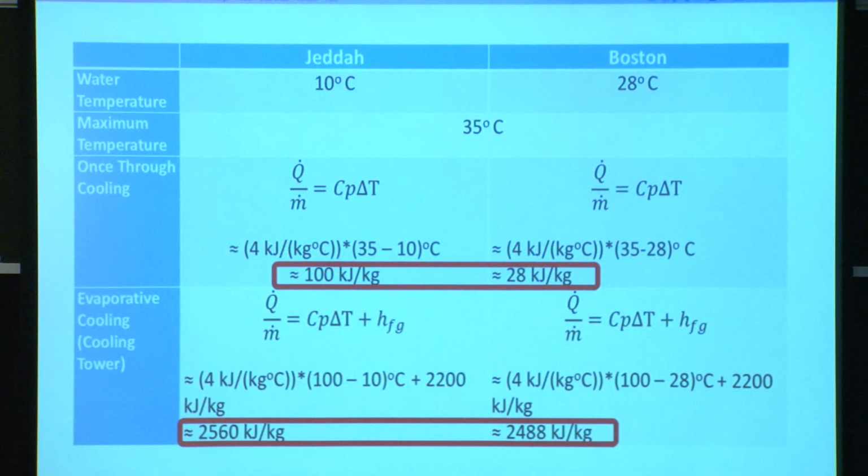We ran a simple calculation comparing a cooling system in Jeddah and a cooling system in Boston, giving the water temperature in Jeddah and the water temperature in Boston of 10 degrees centigrade. I think I swapped the two titles, so Jeddah should be here. I was so surprised. How come? Well, I wish actually, but that's not the case. So Jeddah should be here and Boston should be here. I apologize for the typo.